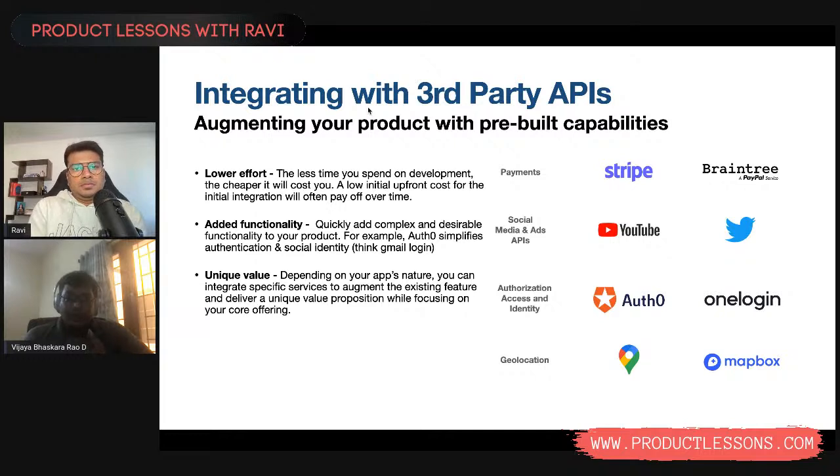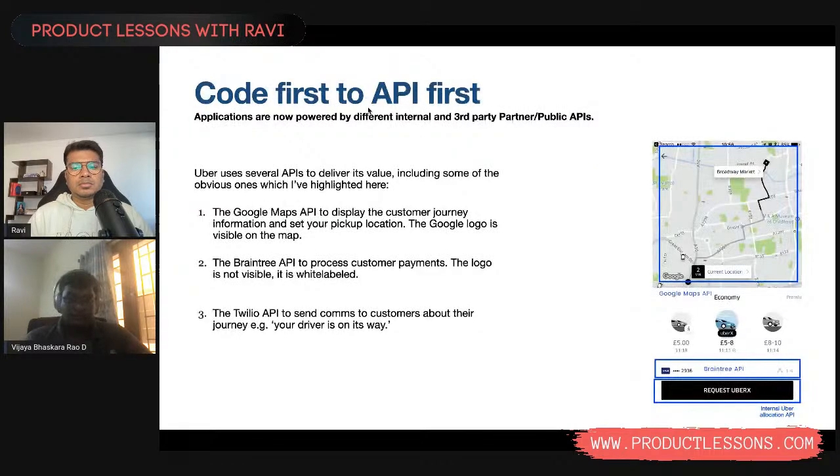But if you were to leverage these APIs, you're going to quickly add complex and desirable functionalities onto your product, right? Most of these APIs are composable by nature, right? You can build on top of these and add additional benefit, and we'll see an example of that in the